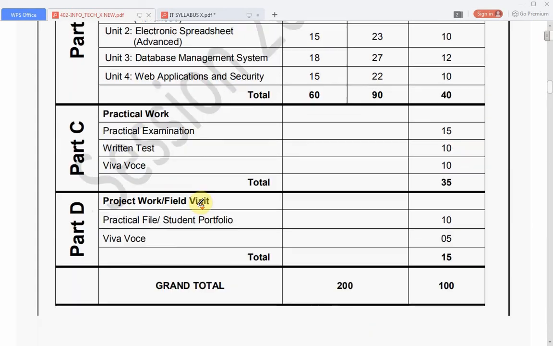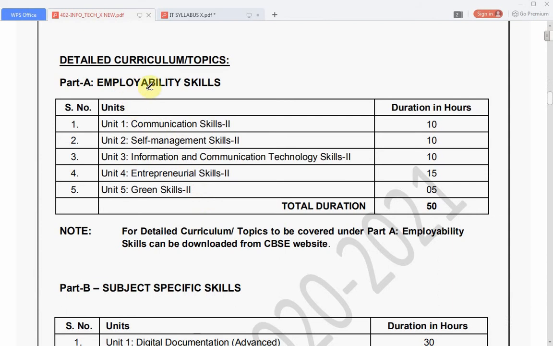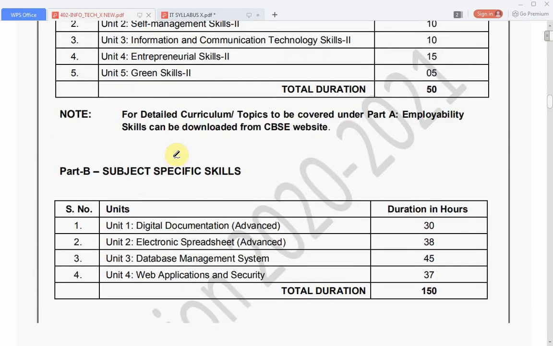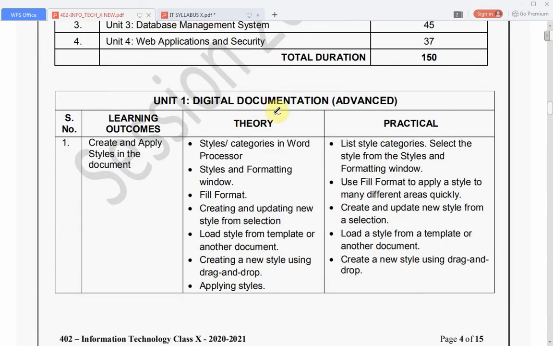If we discuss the detailed syllabus of the chapters, here are the details. In digital documentation advanced, we have to study create and apply styles in the document.